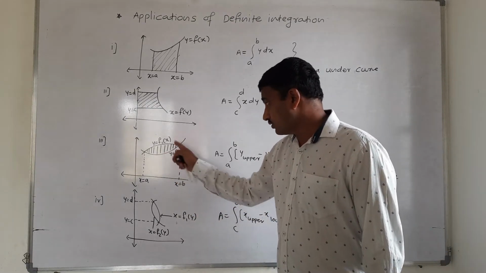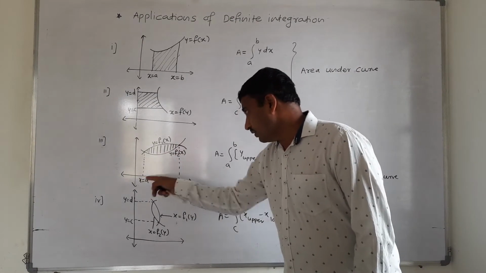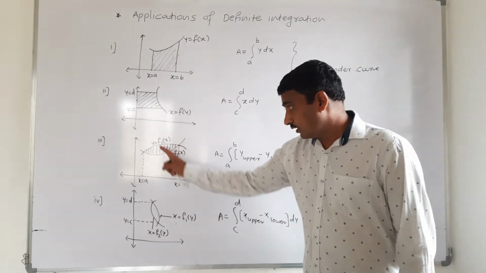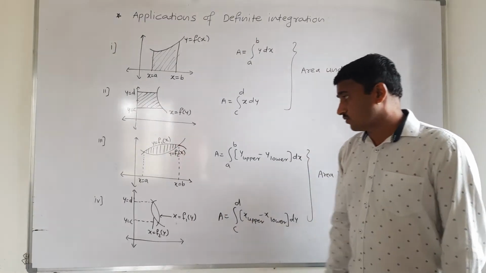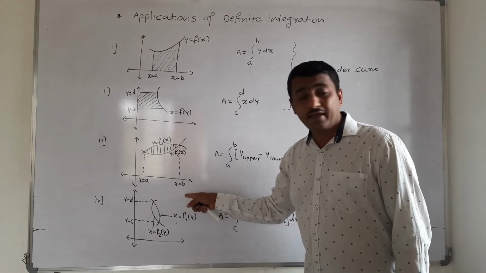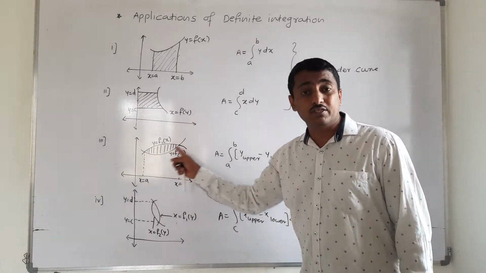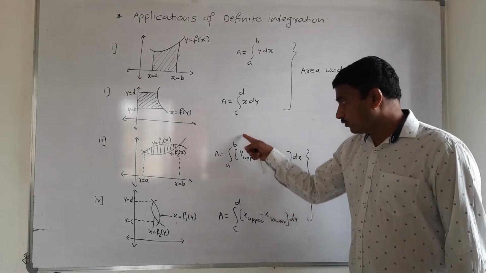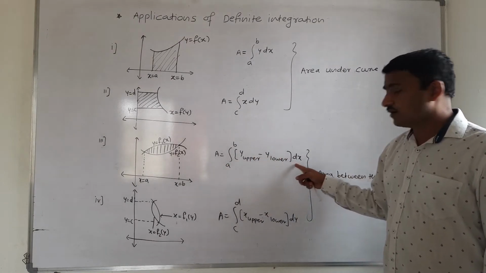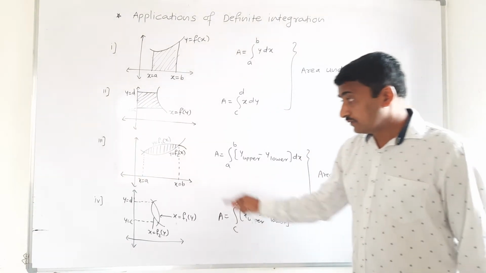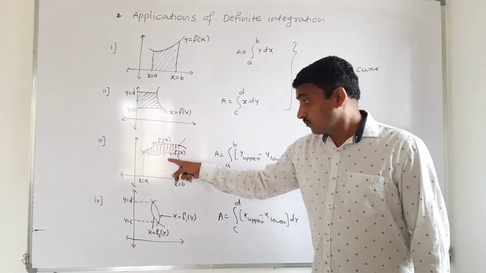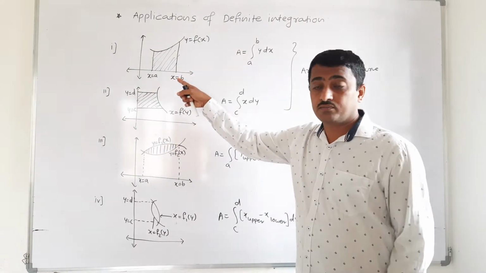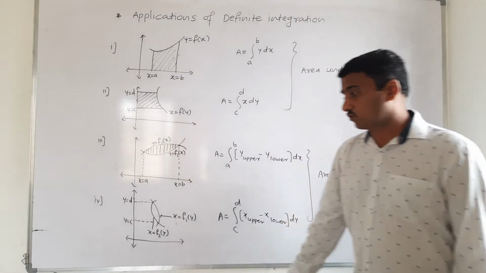We use the formula A is equal to integral from a to b, writing these two curves y in terms of x. Upper is y is equal to f1(x), lower is y is equal to f2(x). From a to b, how to find a and b? By the points of intersection of these two curves, find the x coordinates of those points. A is equal to integral a to b of (y upper minus y lower) dx. That is the area between the curves. पूर्ण एरिया आपण कॅल्क्युलेट करते, एरिया बिटवीन दी कर्व्स. This is what area under the curve from a to b and x axis असा आहे तो.